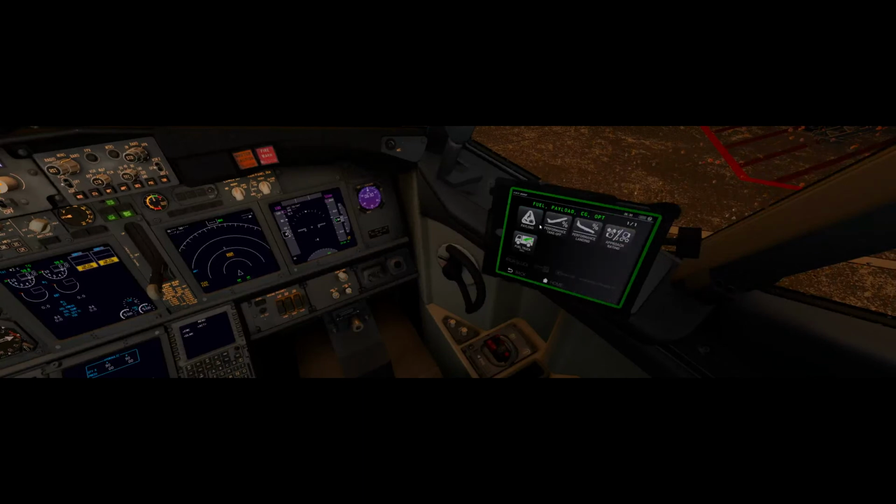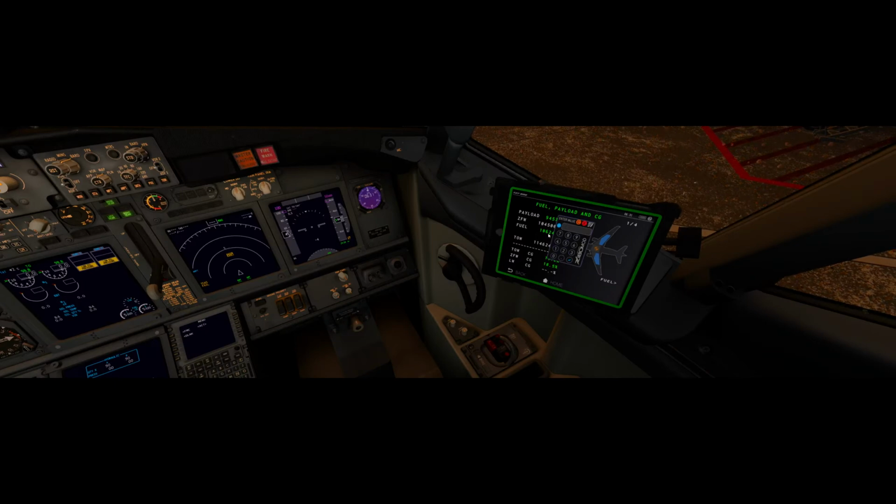Let's jump into the payload of the plane. We are expecting a payload, and let's assume that the operational flight plan matches the load sheet of 30.5. And for this trip, we're gonna need 15.6 in fuel. Weather is nice. I don't think there is any delay. Let's assume that there is no delay. So with minimum fuel it will work